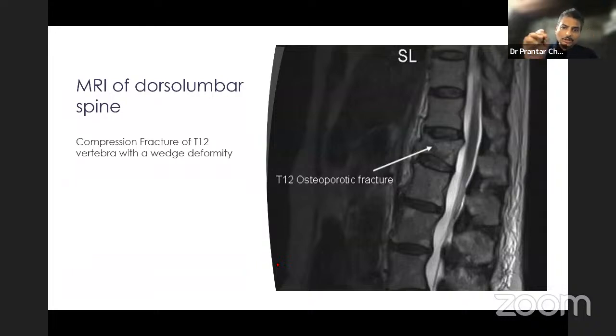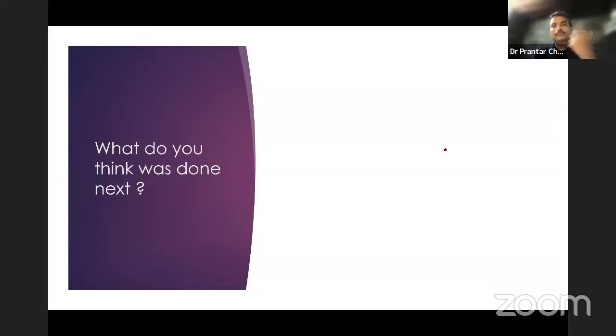Now, you have to take my word for this. The MRI showed a compression fracture of the T12 vertebra, with a wedge kind of deformity. So, what do you think was done next? In spite of repeatedly requesting my colleagues to send a CBC, this patient was advised to undergo hemoglobin, TC, DC,